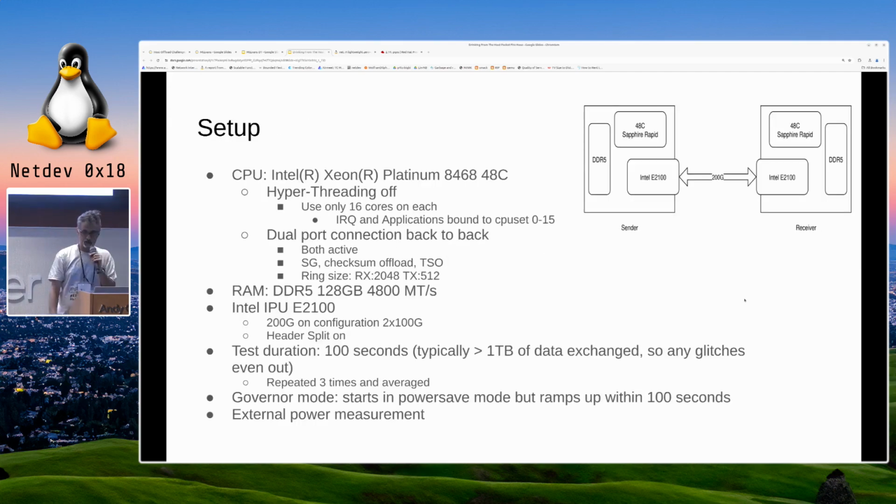Okay. So the setup looks like this. It's an Intel IPU, Intel 21000, which is also known as Mount Evans. Directly back to back. So Sapphire Rapids motherboard has a Sapphire Rapids 48 cores, DDR5. The machines are exactly the same. We actually had done earlier scenarios where the machines were different make, and it was a bit tricky to evaluate the results. Right. So with ton of hyperthreading, you have 16 cores, pinned to IRQs, RSS to select your flows,